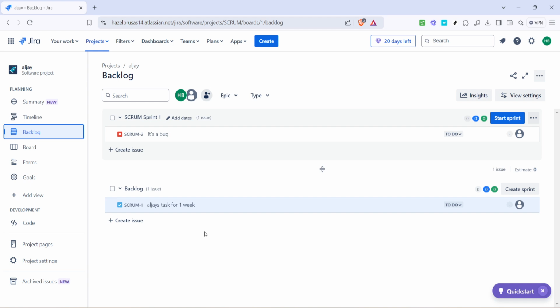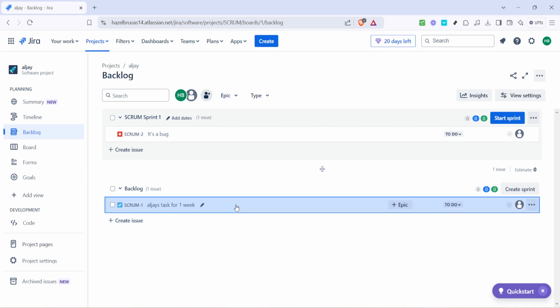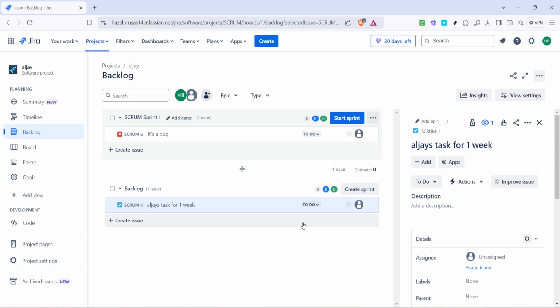Once in the backlog, find and select the particular issue you want to work with. Identifying the correct issue is key since you will be focusing your label management efforts on this specific item. Think of labels as little markers that can help indicate priority, progression, or any other criteria you deem necessary for that issue. Clarity in your issue selection ensures that the labels you apply will effectively communicate the needed context to